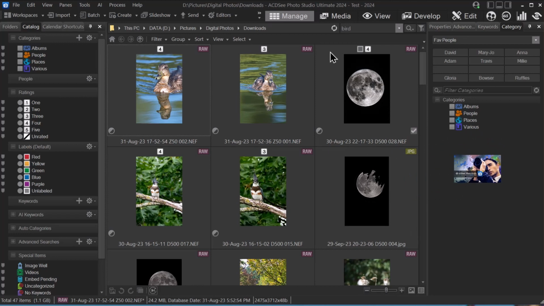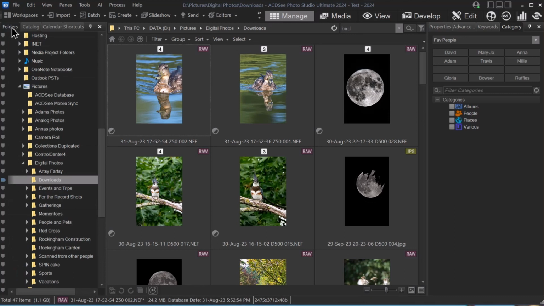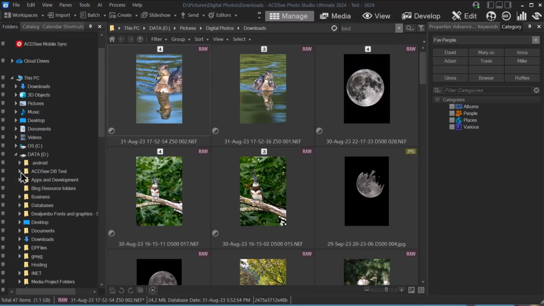Okay, here we are back in Ultimate 2024 with a brand new database. So this would be pretty much the way you would see things if you had just installed 2024. It's got an empty database. You notice these are just the defaults. None of the new stuff I've done, like the cat, dog, rabbit things, are there. But all the files on the hard disk, of course, are. So if I went to folders, GB test,